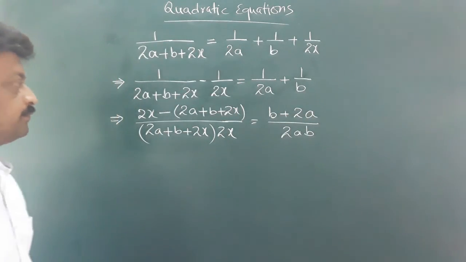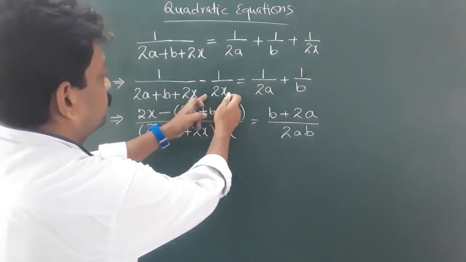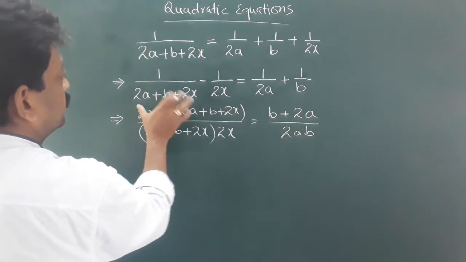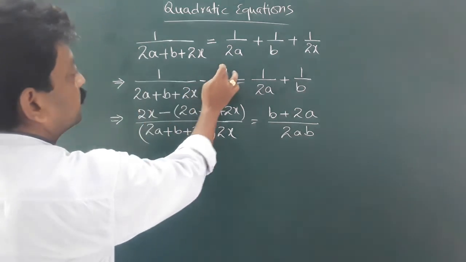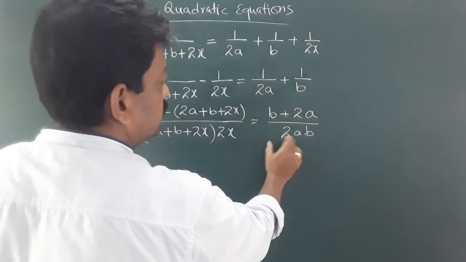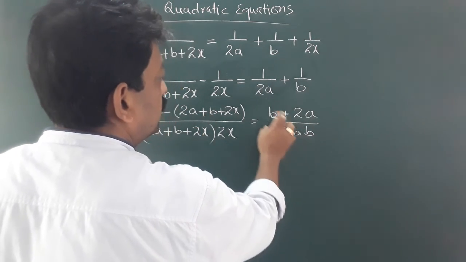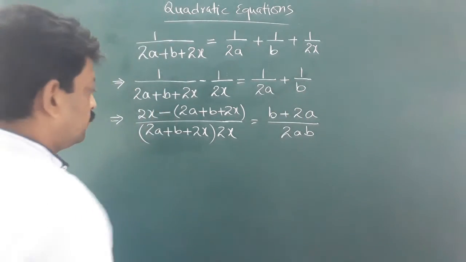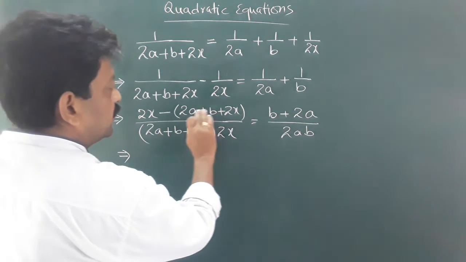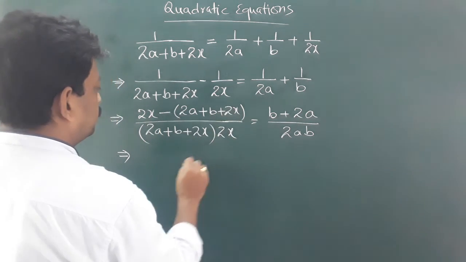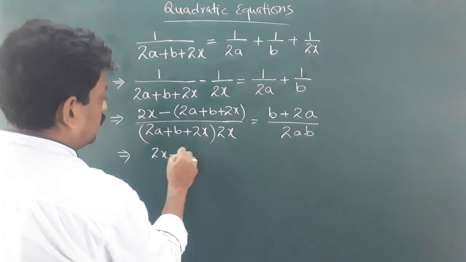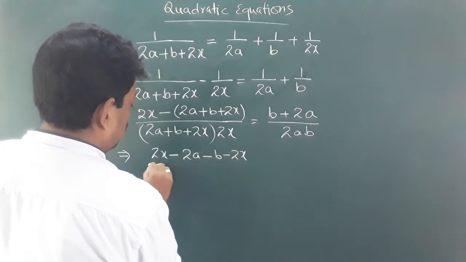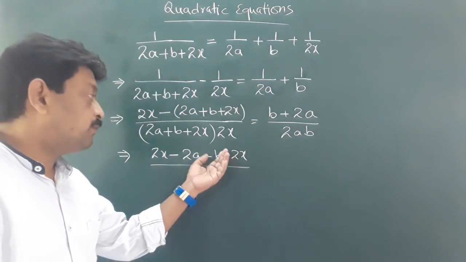Just go through it. These two are the LCM. So here 2x will come and here this whole thing in the bracket will come. And here also the LCM of 2a and b is 2ab. Then on the numerator it is b into 1 and 2a into 1, so b plus 2a. Now let me open the bracket on the numerator here, only this one. So 2x minus 2a minus b minus 2x,